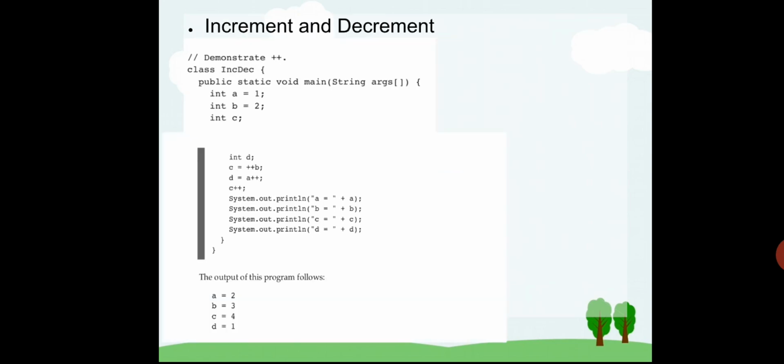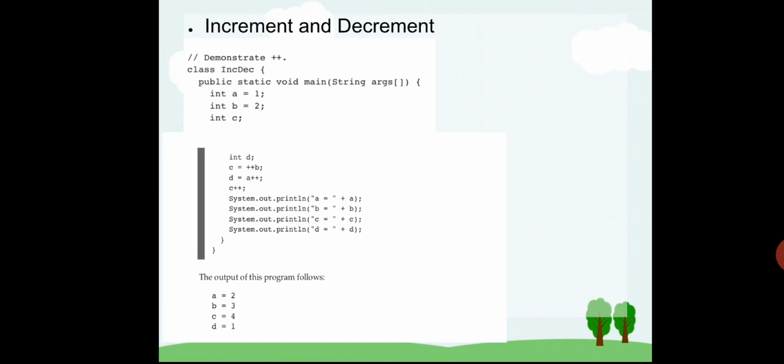In the next slide, you can see the increment and decrement concept. Initially a value will be 1, b value will be 2, and c is right now, what will it hold, whether it is junk or 0 or anything? I want you to check; if you have the system, you can check. In C and C++, a junk value will be present, isn't it? If you are not assigning any value to a particular variable and you directly go for printing that c, you may get some characters or some value. It is nothing but a junk value.